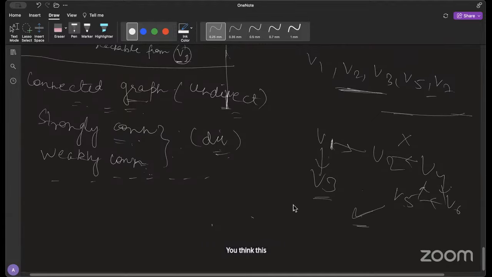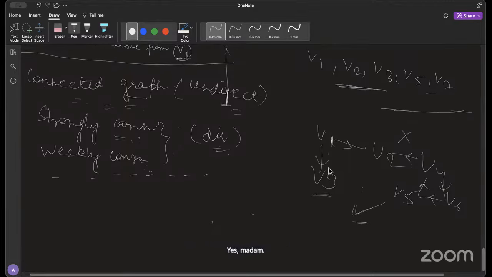Do you think this is a weakly connected graph? Yes, ma'am. It's weakly connected because we already checked that it was a connected graph ignoring the directions of this graph. Okay, so that's the definition of strongly connected and weakly connected graphs. Then you have